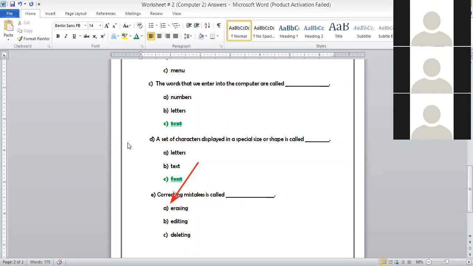What is the answer for this question? Number A. You are saying erasing? The number C. Okay, let's see. Mohammad Farooq. Yes, Mohammad Farooq. What is the answer for this one?